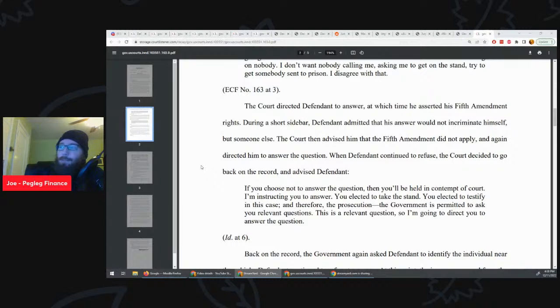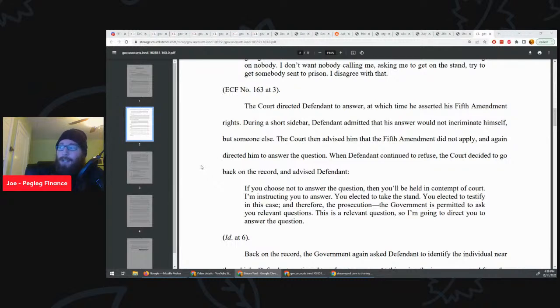During a short sidebar, defendant admitted that his answer would not incriminate himself, but someone else. The court then advised him that the Fifth Amendment did not apply, and again directed him to answer the question. When defendant continued to refuse, the court decided to go back on the record and advised defendant, "If you choose